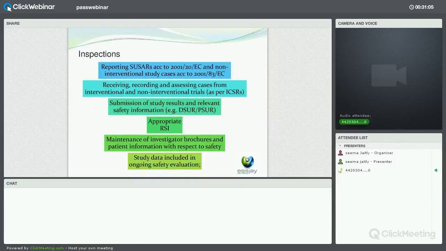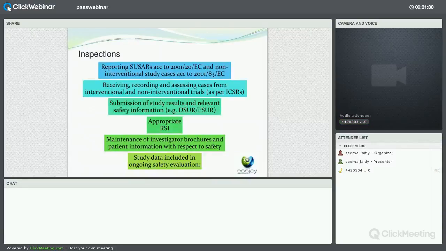be documented. Make sure that your study results are going into your relevant documents, you're using the appropriate reference safety information, and that if there are changes with regards to information that comes from the study, that everything is updated appropriately, so your scientific information is kept up to date. And your safety data is included in ongoing safety evaluations, so your signals, etc., and is reviewed on a regular